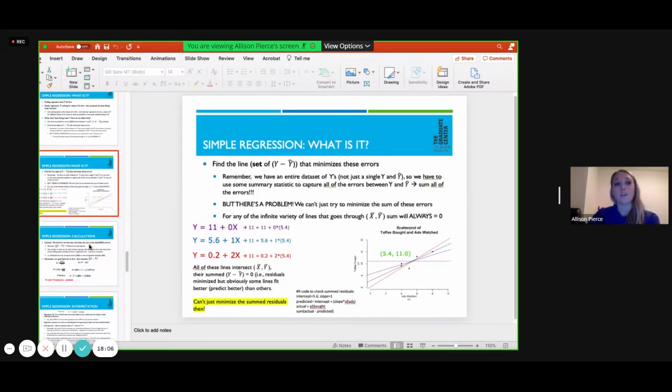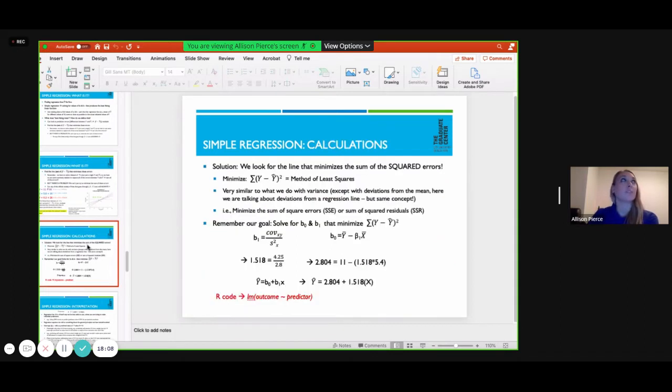Oh, because also, yeah, you can do absolute values because it's going to do essentially the same thing. But what is our sums of squares solution that we always do? We square our residuals, right? So we take the deviations from the mean, square them, and then we sum them. Exact same concept here, because otherwise it's going to sum to 0. And so now our job is not to minimize the residuals, but really we're going to minimize the sum of